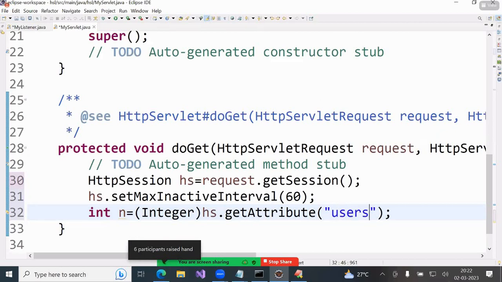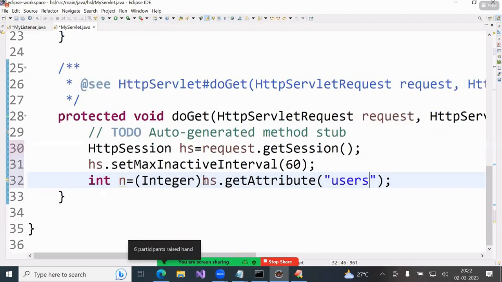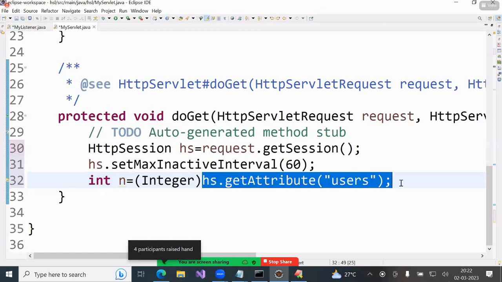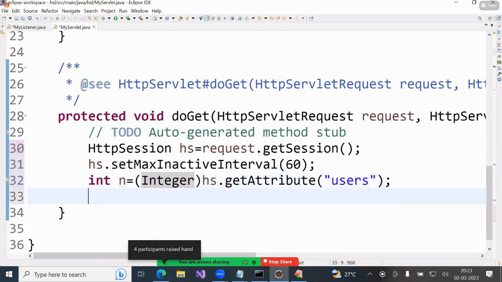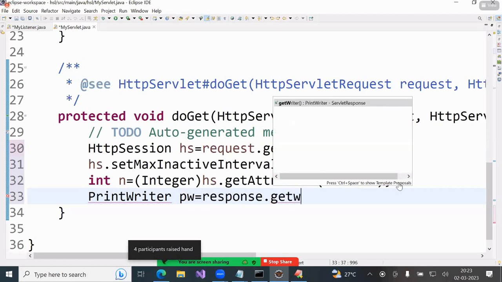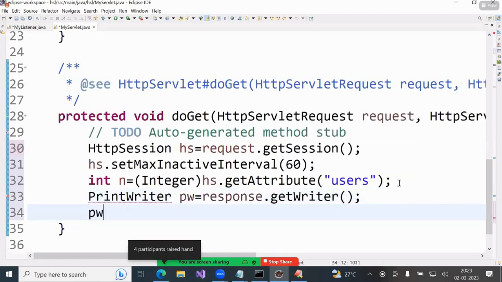Now, get attribute method returns object class object. Object class object explicitly converted to integer. That is called downcasting. Again assigned to int. This is called auto unboxing. Now this n I want to print. Print writer. Response dot get writer. pw dot println. At present,